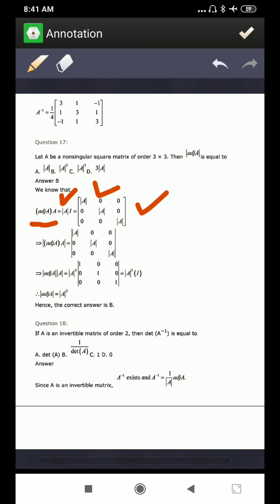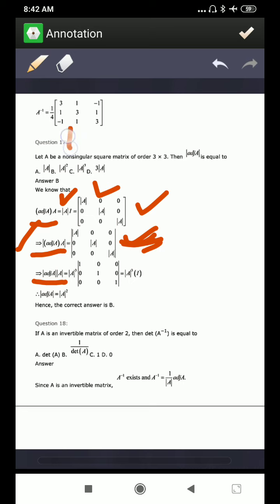Now you find the determinant on both sides. So on the left hand side it will become determinant of adjoint of A into A, and on the right hand side we will calculate the determinant of this. And the determinant of this will become, using the property of determinants,